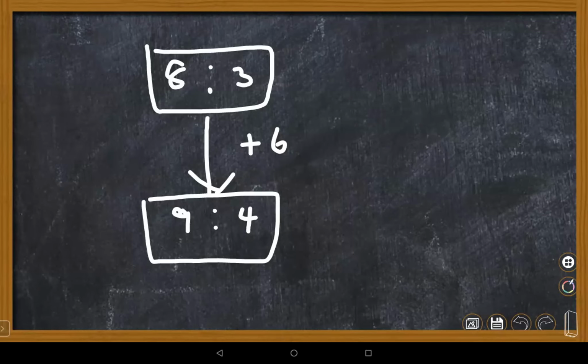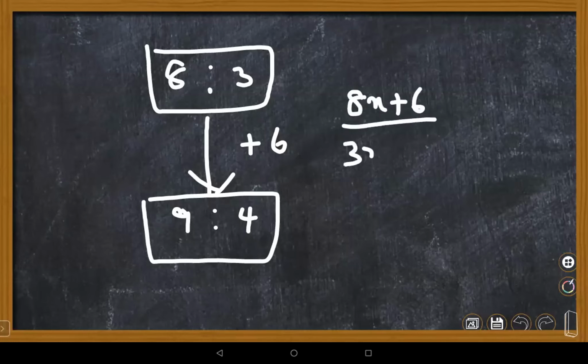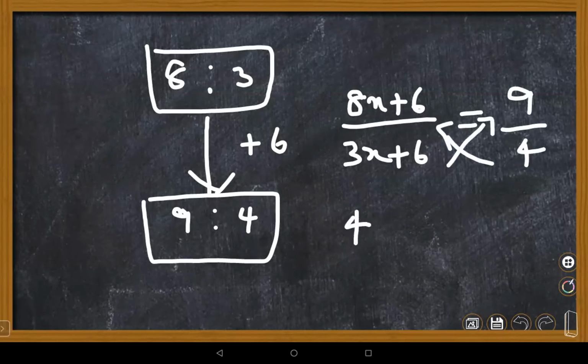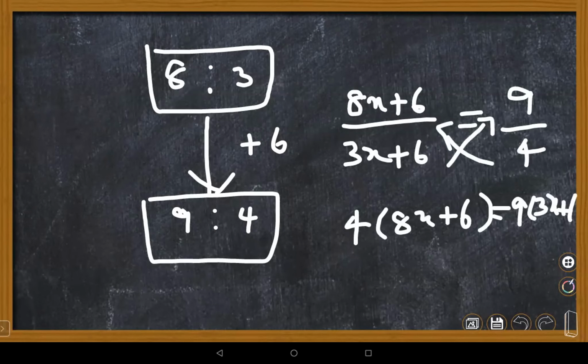So what we have to do, children? Very, very simple trick here. First, their present ages are 8x and 3x. After 6 years means 8x plus 6 and 3x plus 6, and the ratio is 9/4. Right? Please simplify. You know simple equations. Multiply 4 into 8x plus 6 equal to 9 into 3x plus 6. Come on, please simplify.